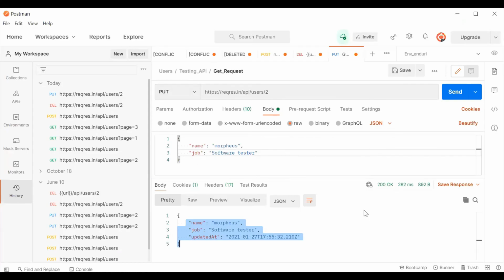So guys, these are some common methods which as a tester, you're going to use to test the APIs. This is how you perform API testing with the help of Postman. In our next session, we're going to understand how we do this API testing with automation. This is we did with manual testing. We can do it with automation also. So in our next session, we will be understanding how we do it with automation testing.